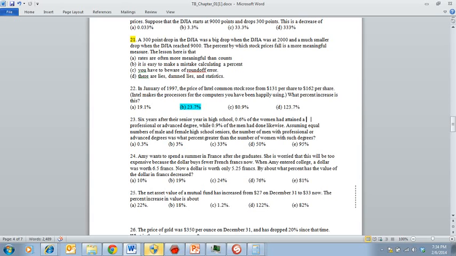This is easier than you think. Since this is out of the same population size, and they're already in percents, all we have to do is find the difference between these two numbers, because they're already in percents, from the same amount group. So from 0.6 to 0.9, there is a difference of 0.3%. Again, this only works if it says equal numbers of male and female